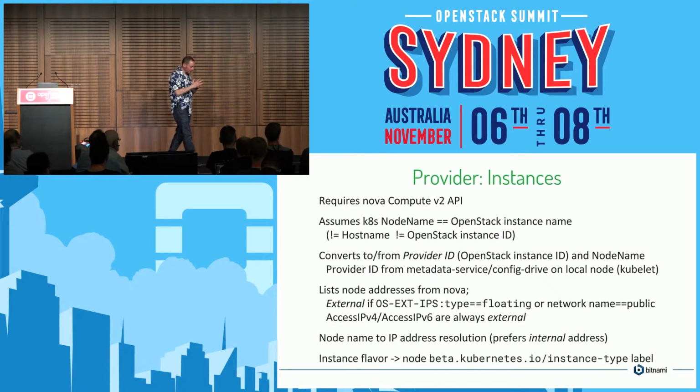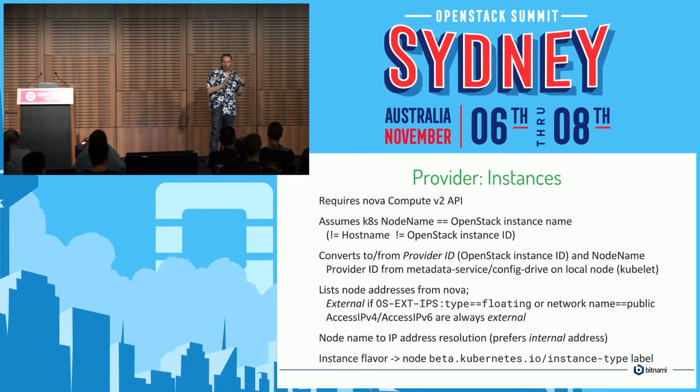Something to be aware of is that Kubernetes has the idea of a node name, which is the host name that Kubernetes is running on. In most of the other clouds, in particular GCE, the node name is the host name and is also resolvable via DNS. One of the challenges that we've had, particularly in the early days, but even now with OpenStack, is that we can't make those assumptions. The host name is not necessarily the instance name or the instance ID. It's not necessarily unique, even. And in particular, in OpenStack, we can't look it up in DNS. There is no generic DNS way to go from instance name to address.